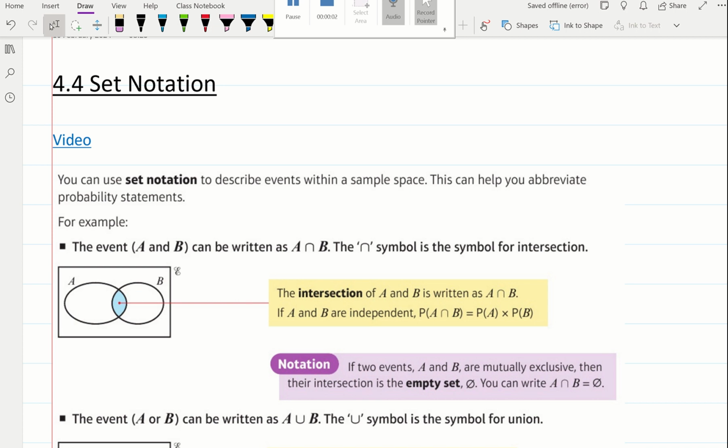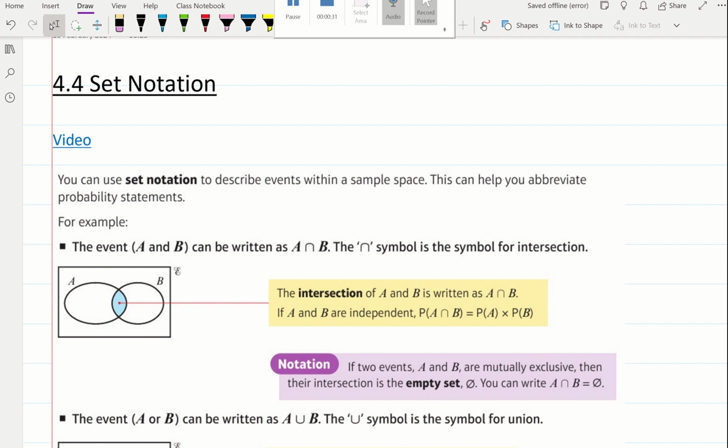In this video, I'm going through S1, Chapter 4 and Section 4.4, which is about set notation and how we're using it with probability. So you can use set notation to describe events within a sample space. This can help you abbreviate probability statements. The event A and B, which is talking about the overlap between A and B, what they both have in common,